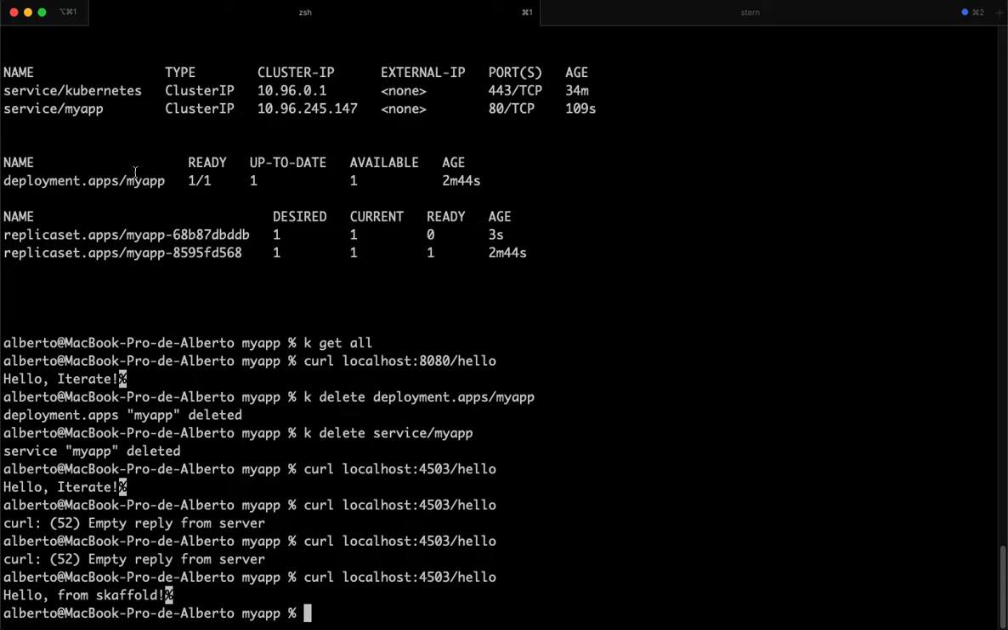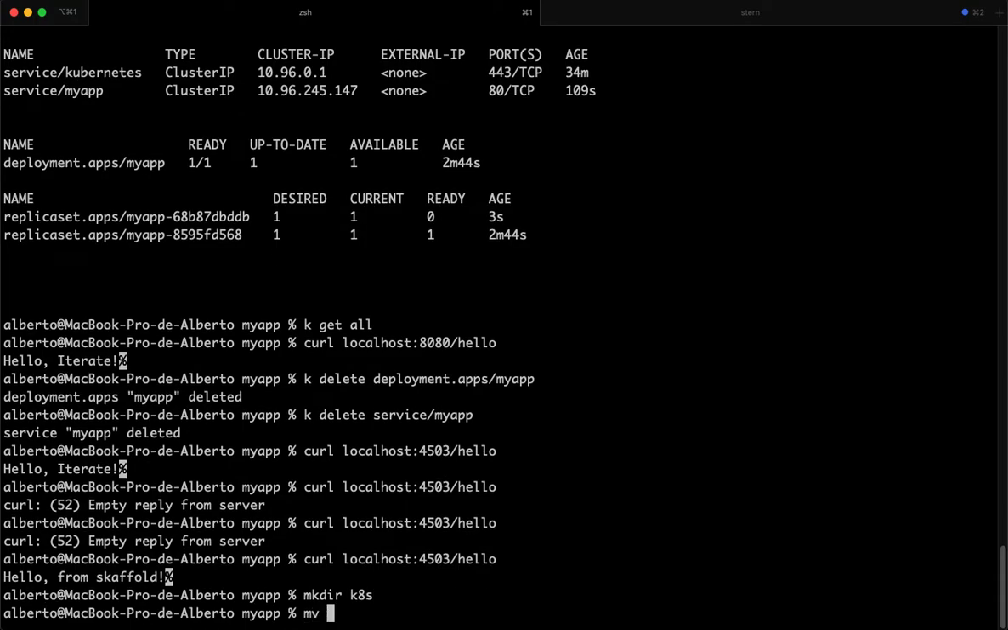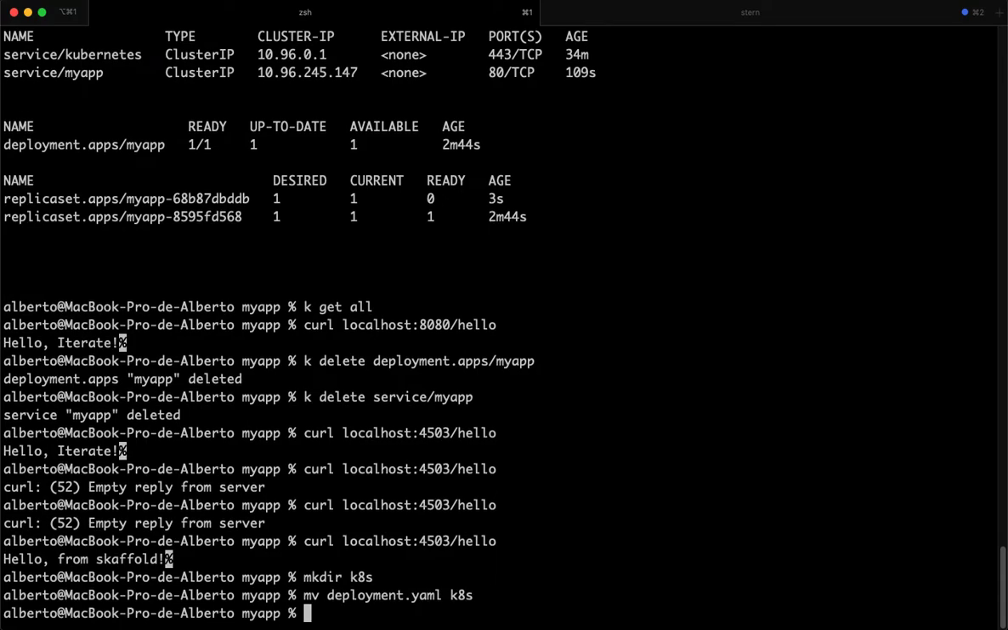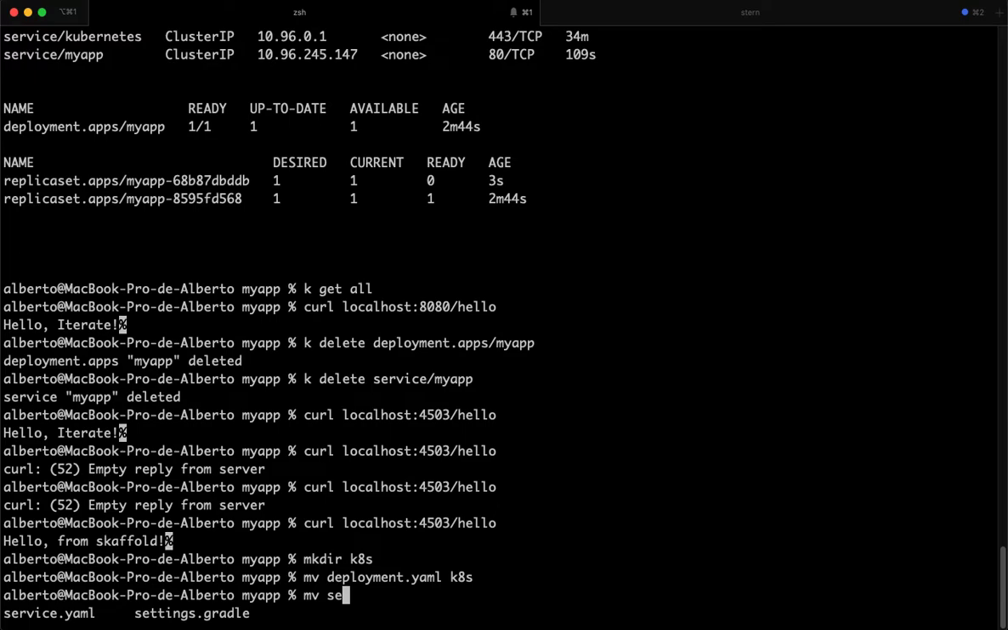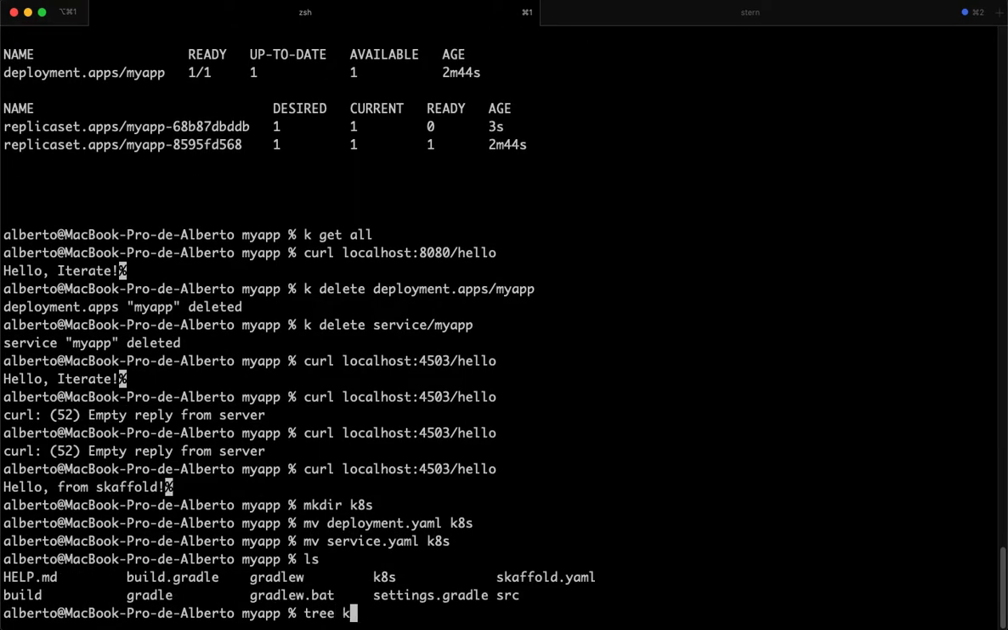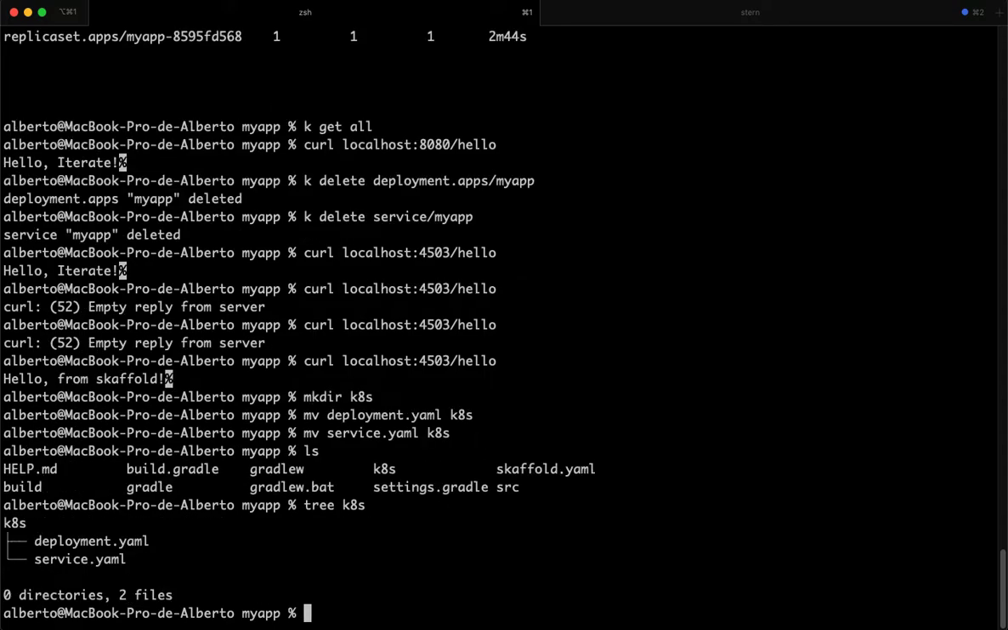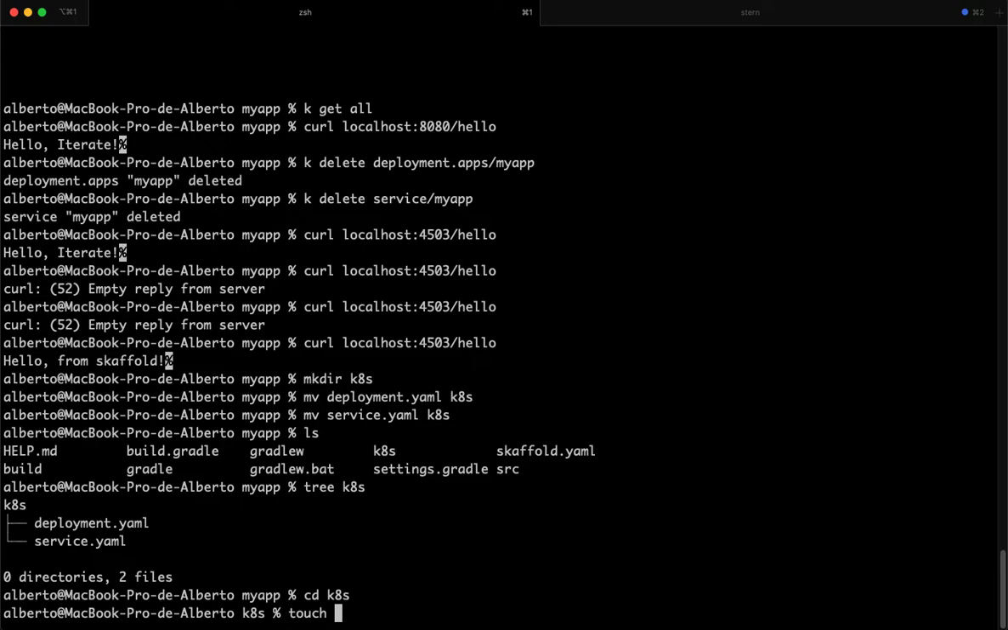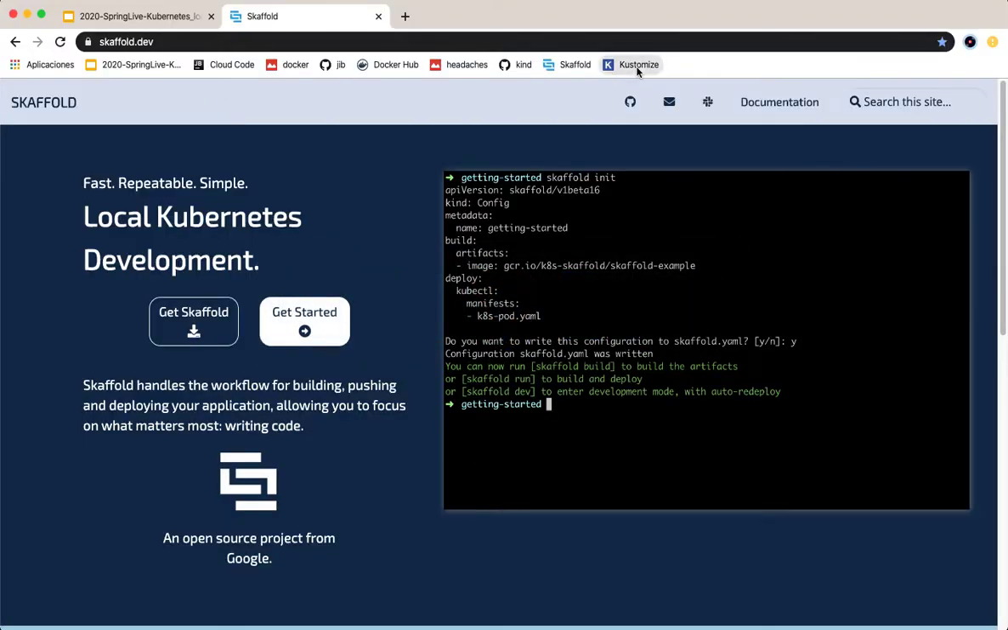Let's first of all do some ordering, because I don't really like to have everything on my base projects. I'm just going to move my files. So I'm going to move my deployment to that case, and I'm going to move my service to that case. Okay, I have everything here. So I'm going to be using a tool called Customize. I haven't shown the URL. This tool helps us